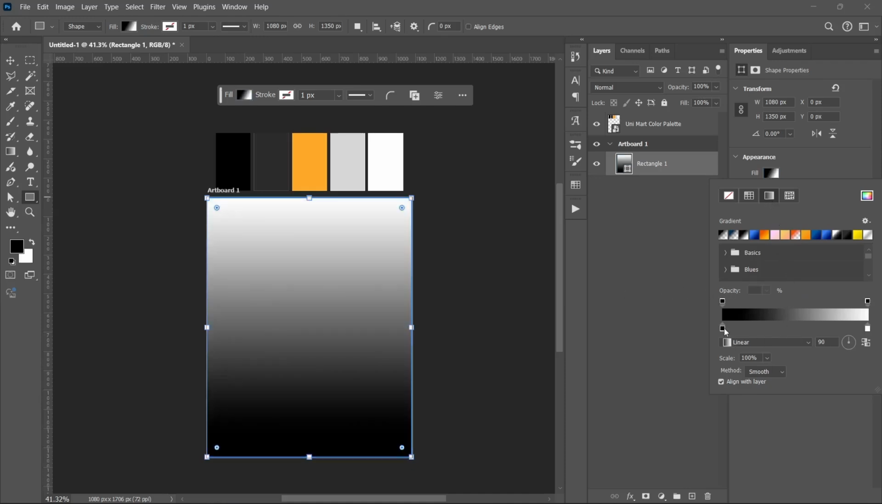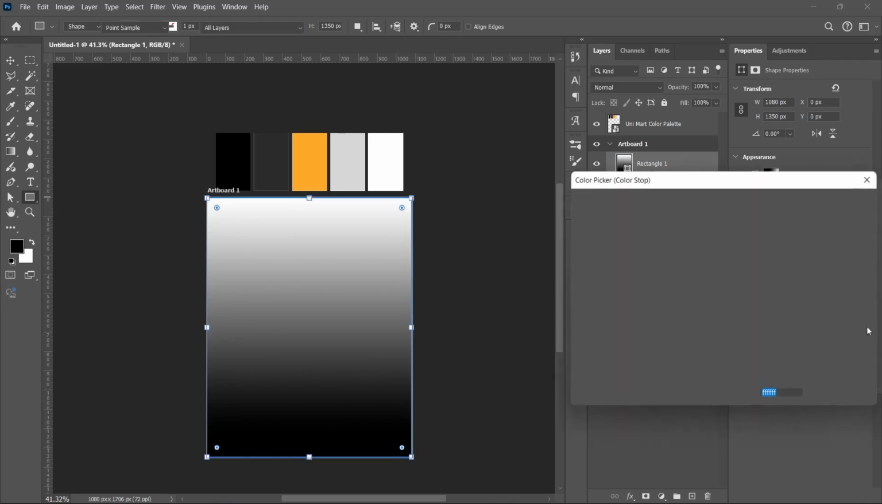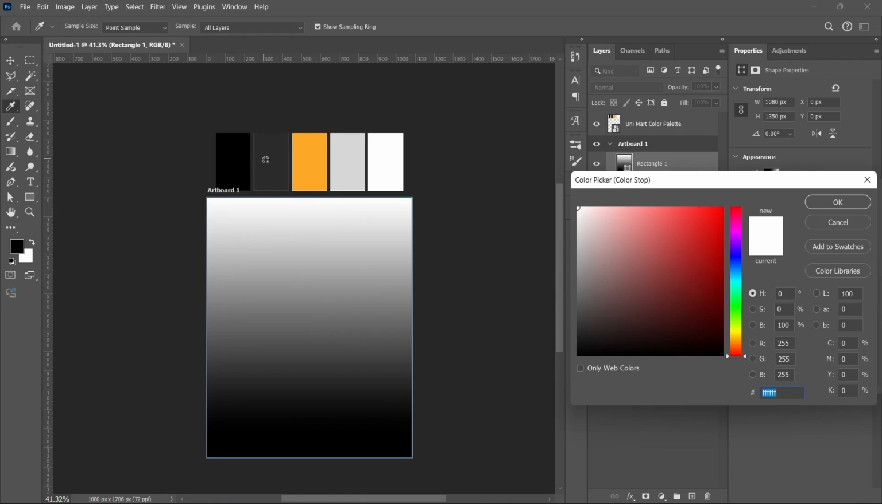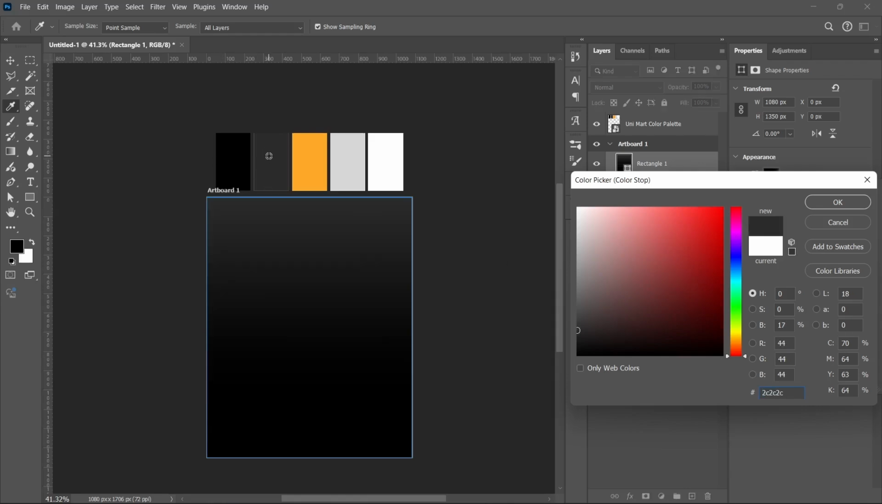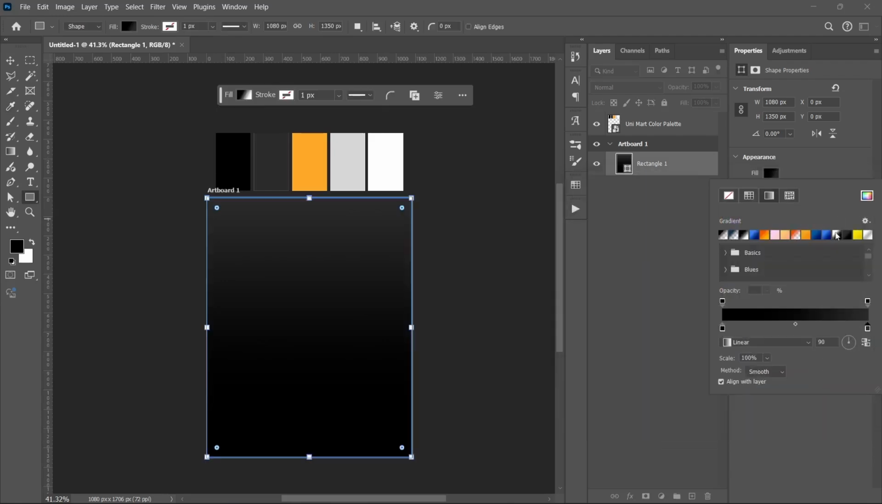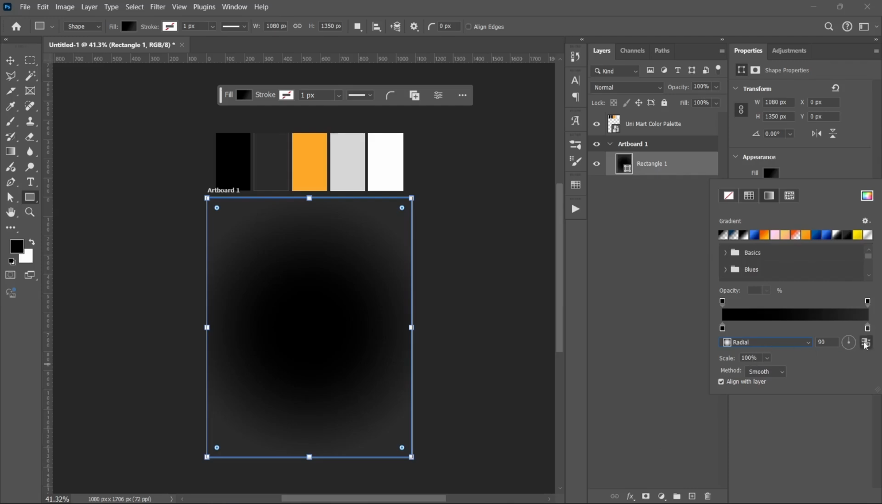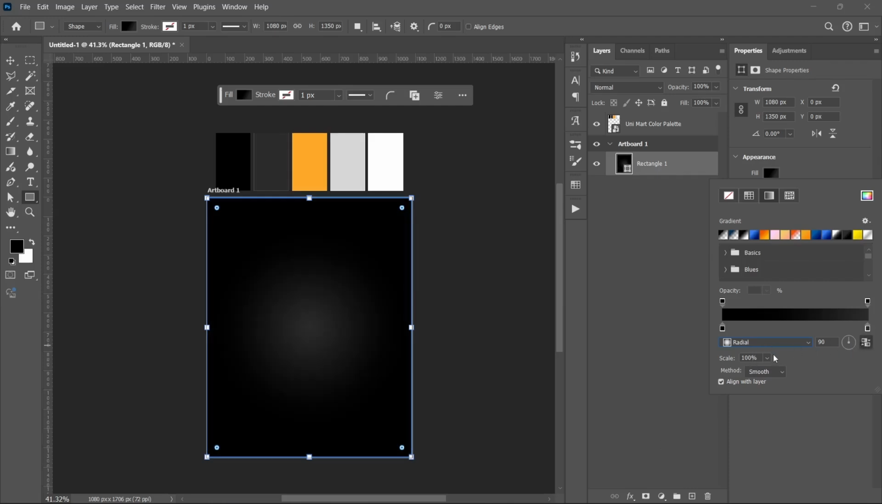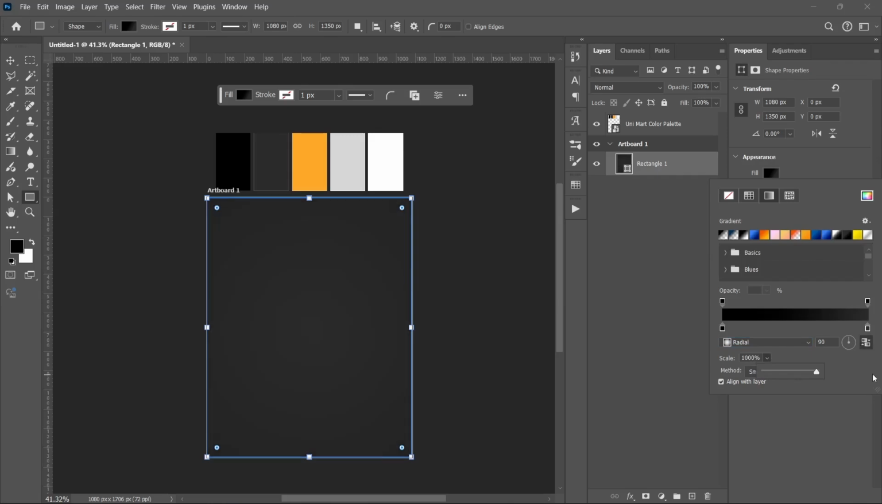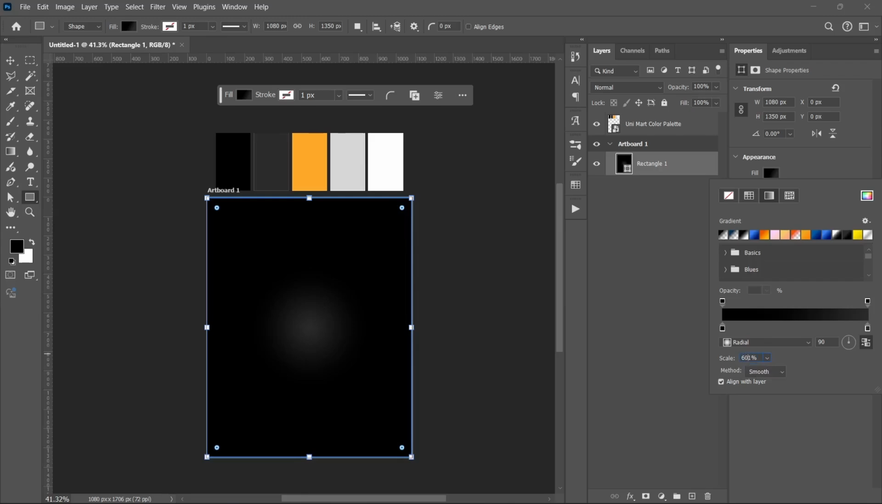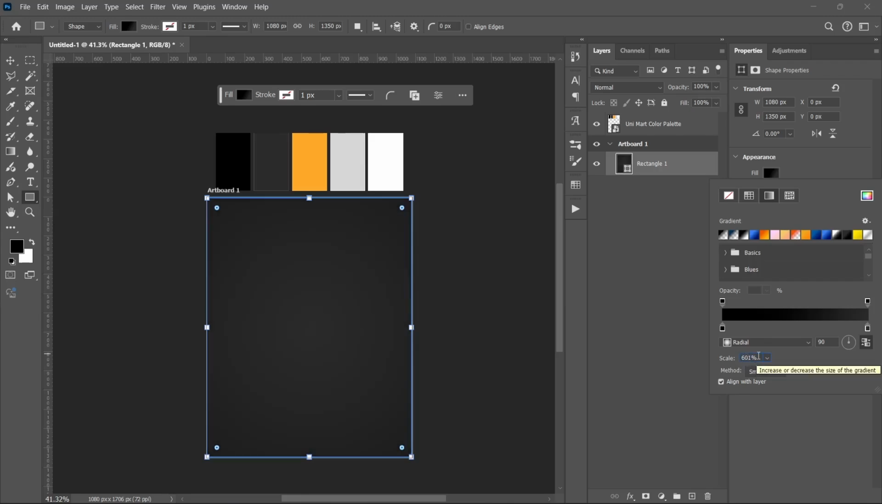Now for this gradient, we're going to use black and another color that is not black. So the color that is not black is this one here that is in our color palette, which is kind of like ash. So I'll select that color, and then we'll change the gradient from linear to radial, and then we'll reverse the gradients, right? And then I'll increase the scale. I'll reduce it like this. Let's try 150 or 160. 160 is still too